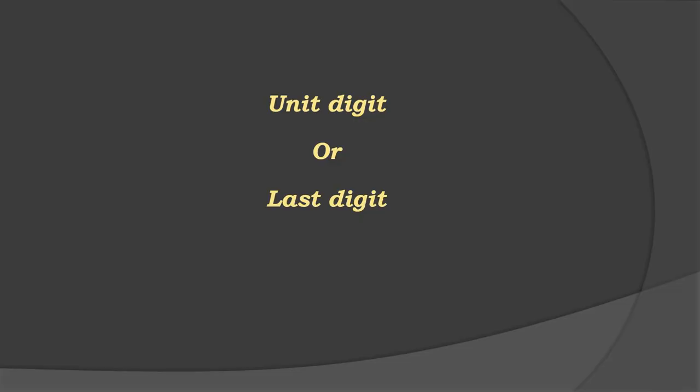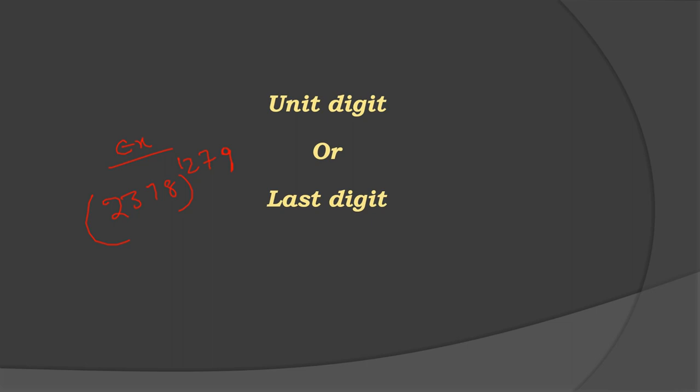In this slide, we are going to discuss the concept called unit digit. To find the unit digit, the power cycle is mandatory for some types of questions. For example, the question will be like this: 2378 power 1279. What is the unit digit? That is the question from the examination point of view.